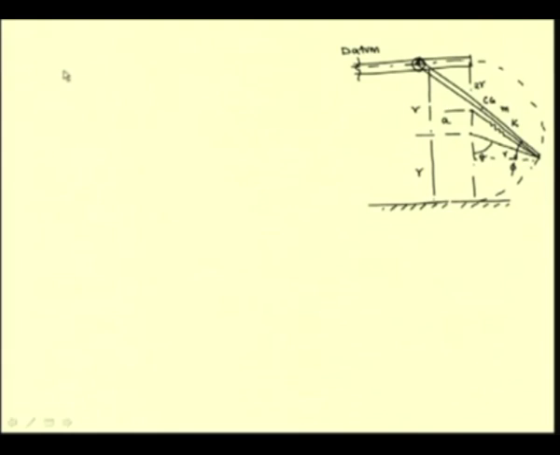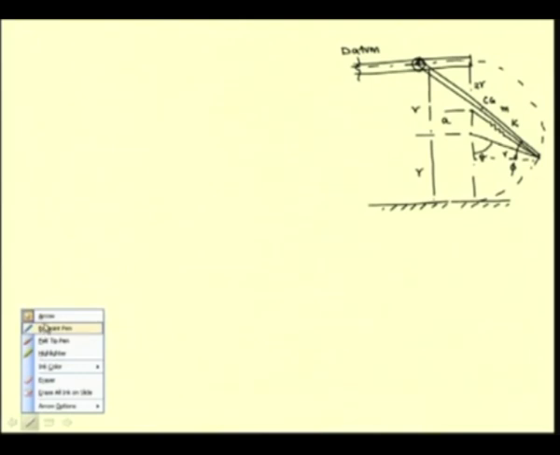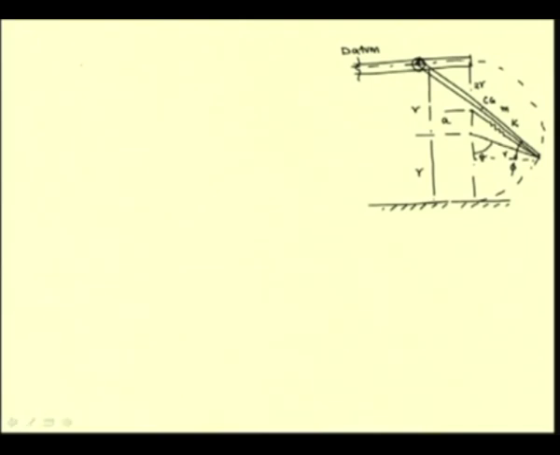So let us write that equation. We have 2r sin phi, which is equal to r plus r cos theta,